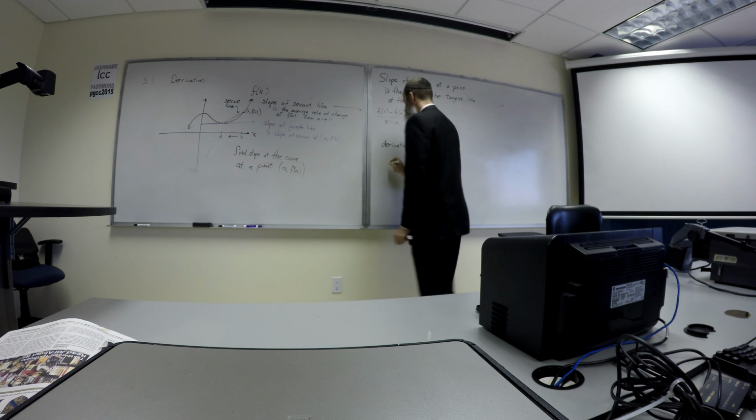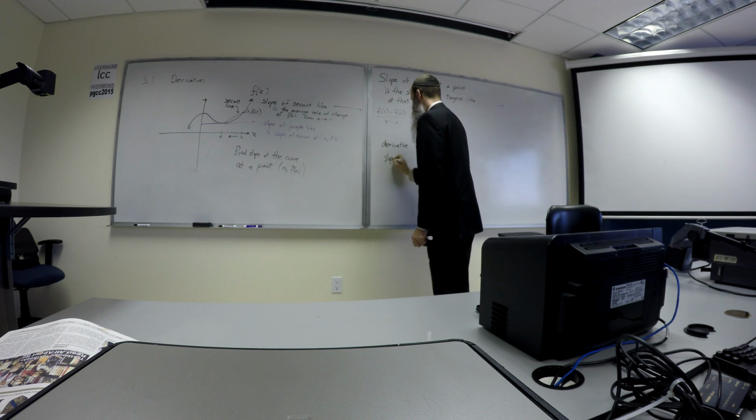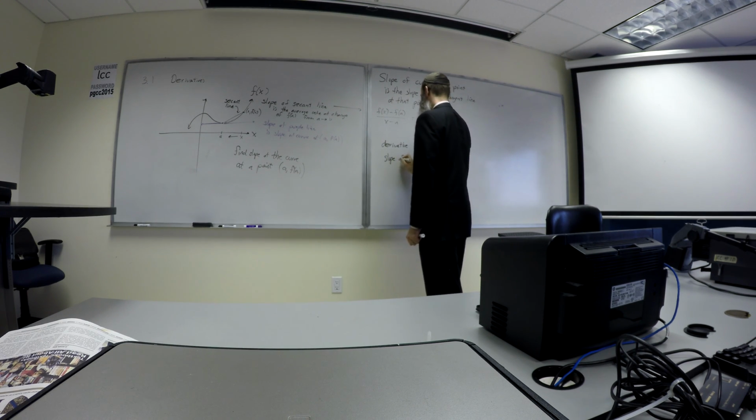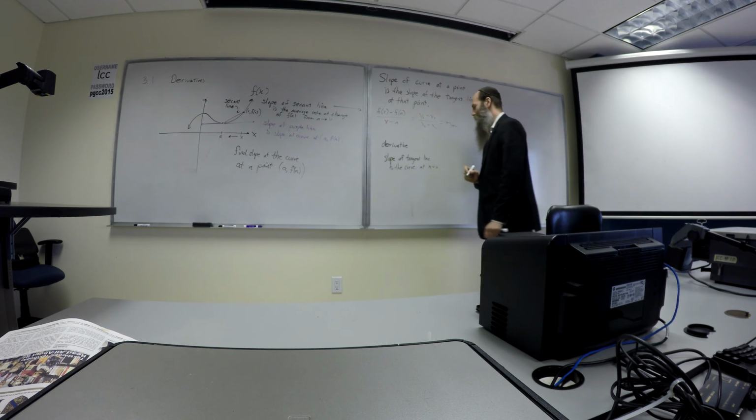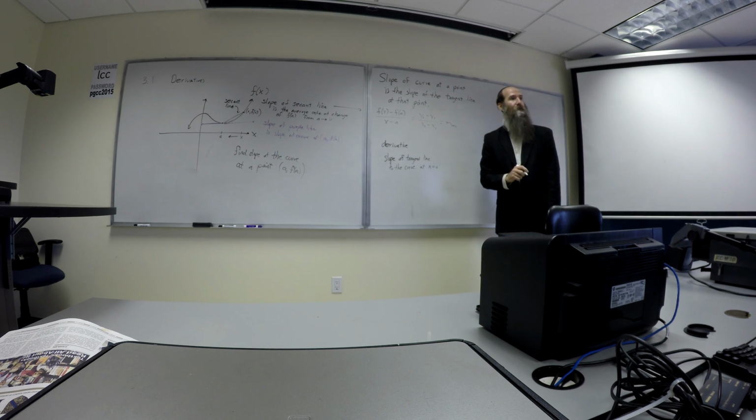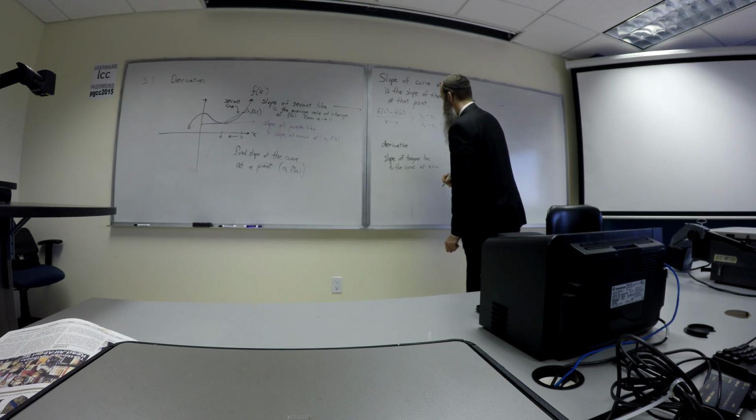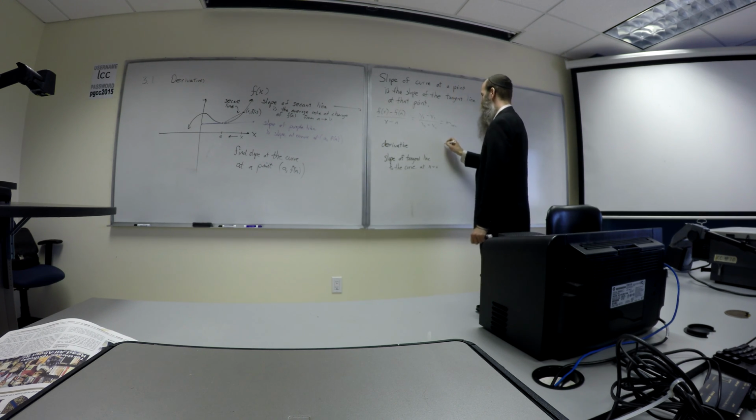Derivative is the slope of the tangent line to the curve at x equals a. I want the slope of the tangent line of the curve at x equals a, which means the slope of the curve at x equals a, because they're the same thing. Slope of the tangent line, slope of the curve is the same. So I will simply take the limit as x approaches a of this